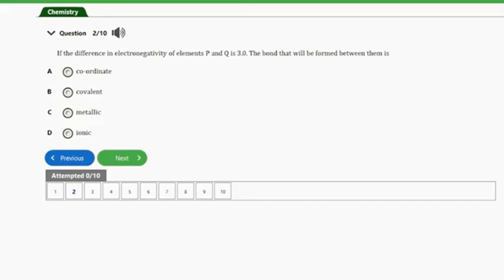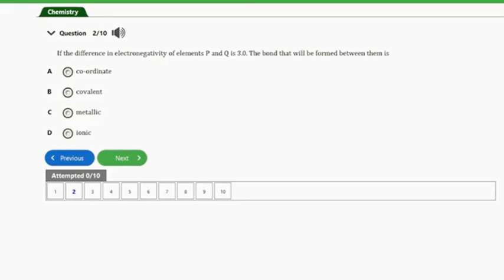If the difference between the electronegativity of two elements is greater than 1.7, in that case the bond between them will be ionic. The greater the difference in their electronegativity, you will have ionic bonding. But if the difference in their electronegativity is between 0.4 to 1.7, then the character of the bond